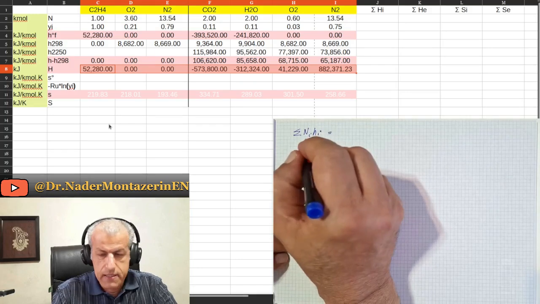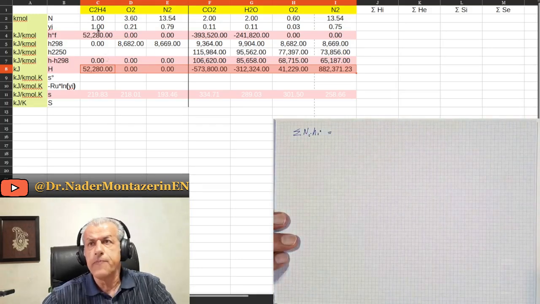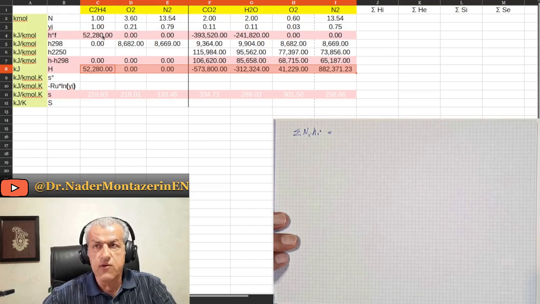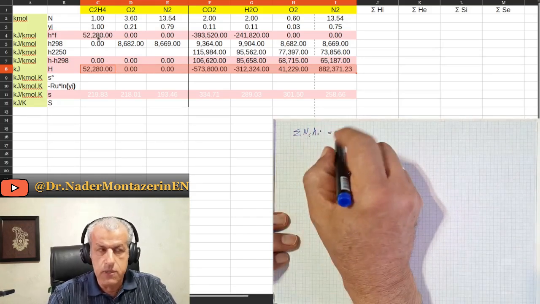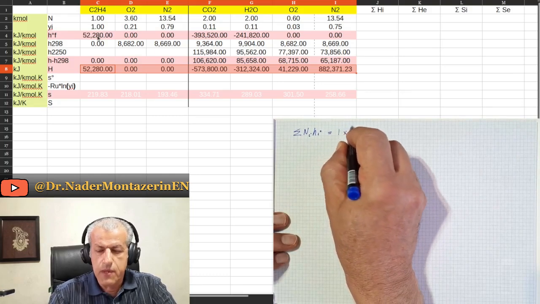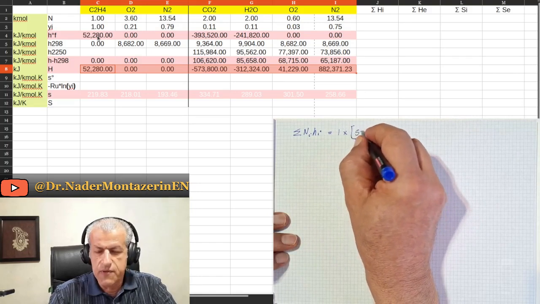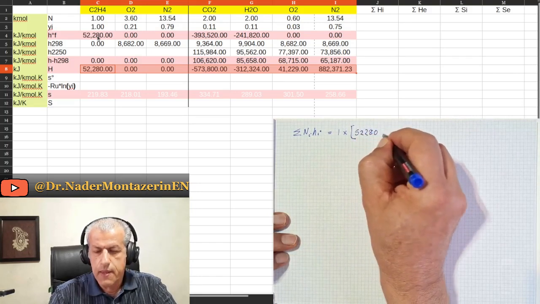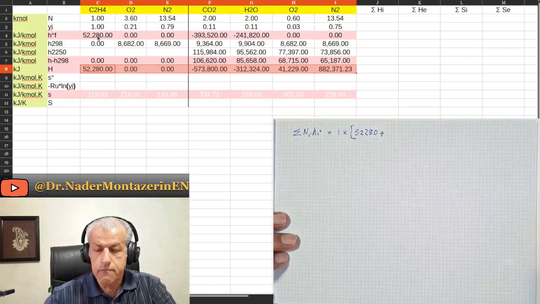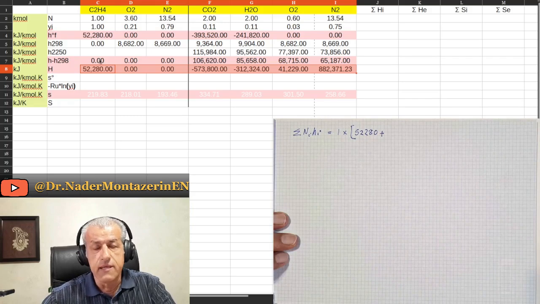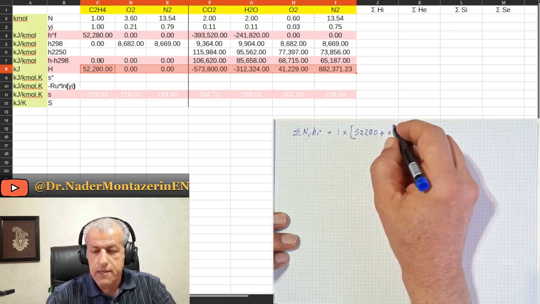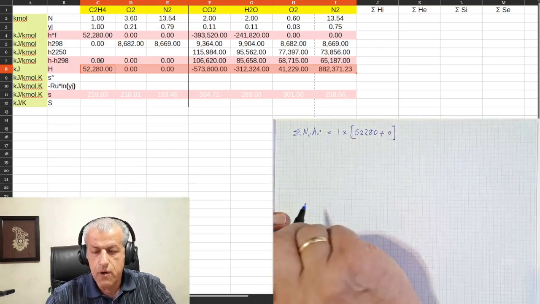For reactants, that would be 1 times C2H4, and its enthalpy of formation is this value, 52,280, so it is 1 times its enthalpy of formation, which is 52,280, plus its sensible enthalpy, which is 0, so it is plus 0. That's what we have for